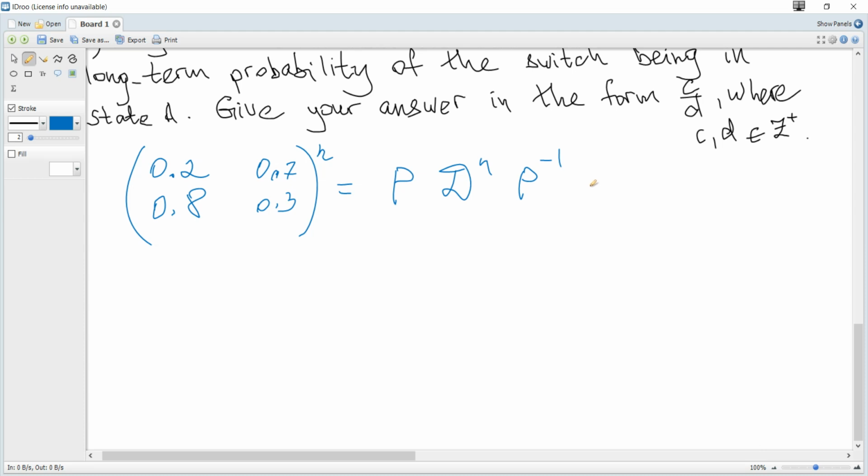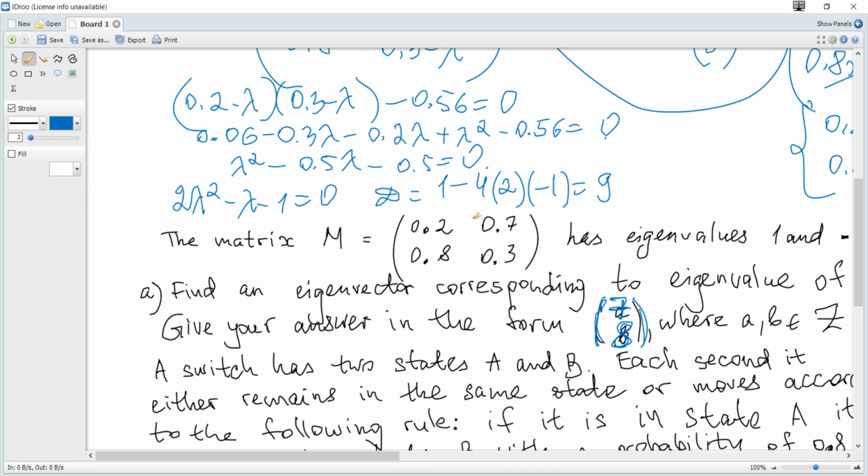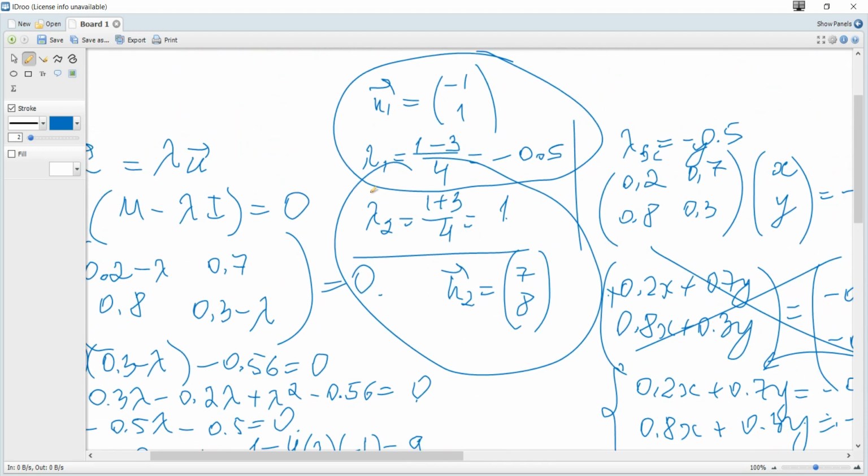Let me show. So P is a matrix constructed on eigenvectors,